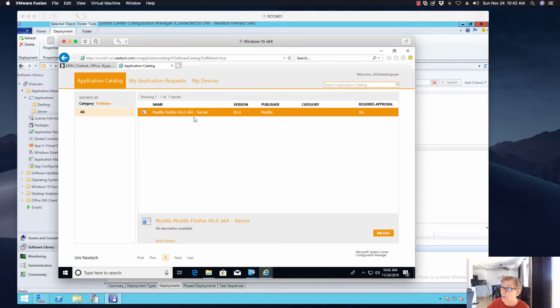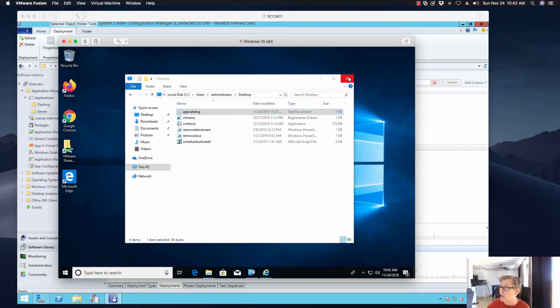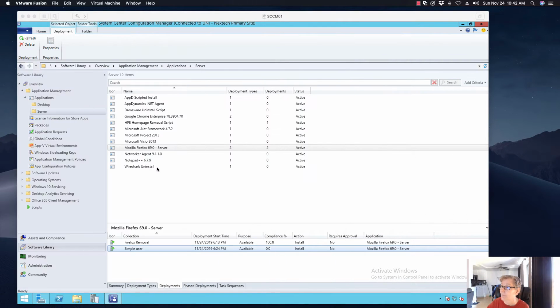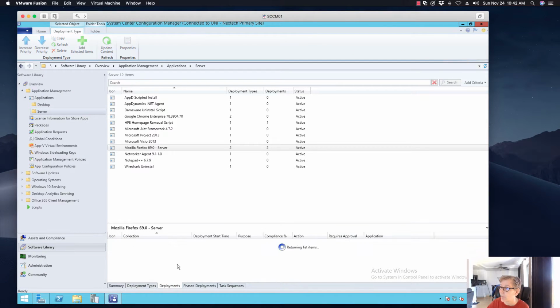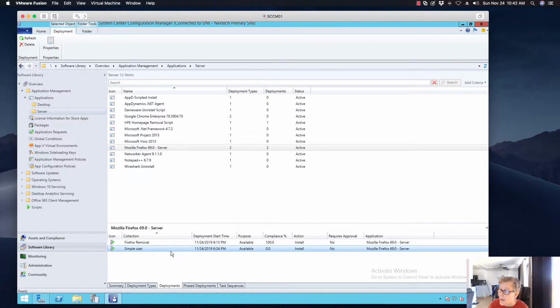Now, all you have to do to take any deployment you have installed for a user is easily change that installation type, or the user experience, I should say. So let me go back over to the application deployment types. So all I have to do is, now I can do install for user, that's fine, and it will show up in the software center. But what I'm going to do is stop these two deployments,